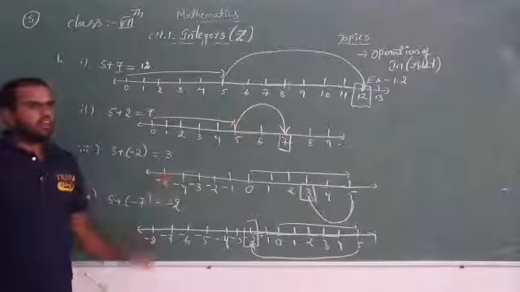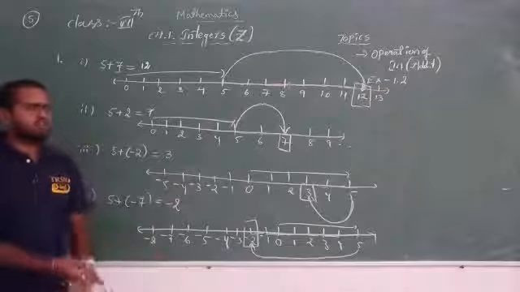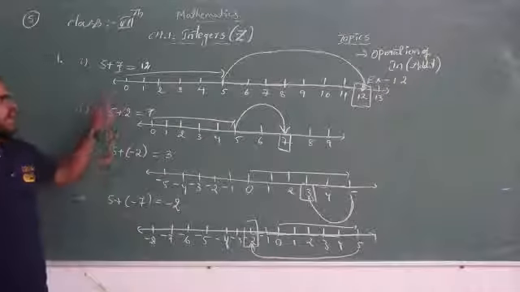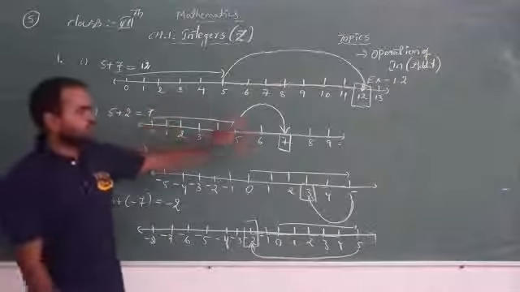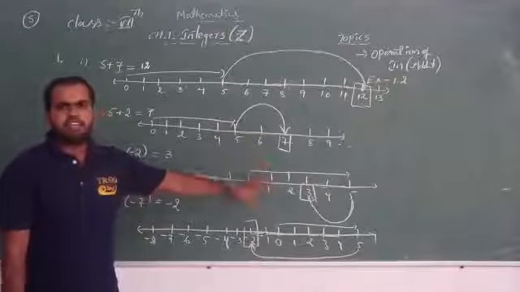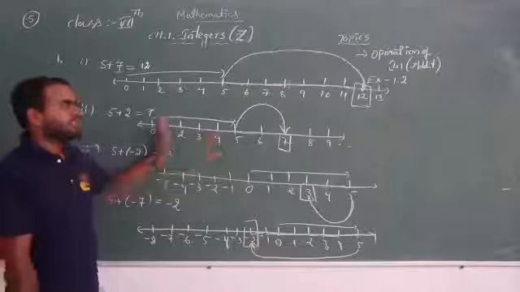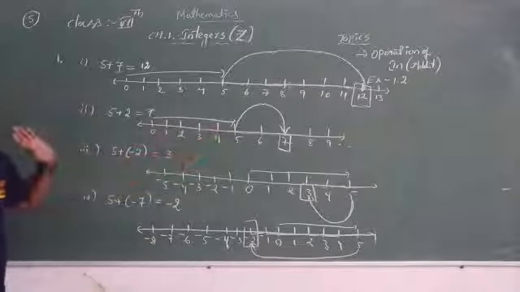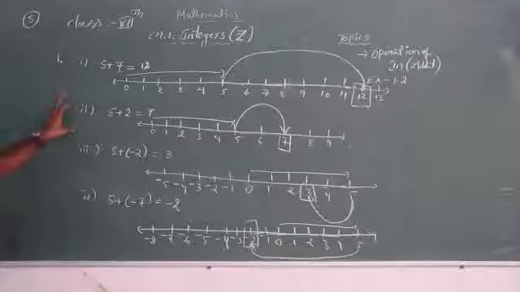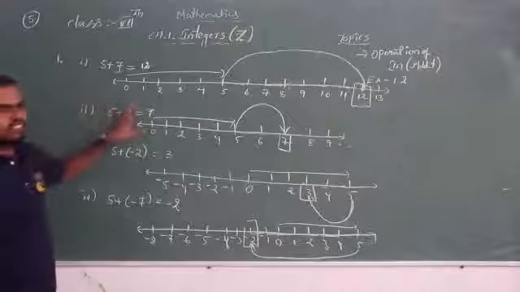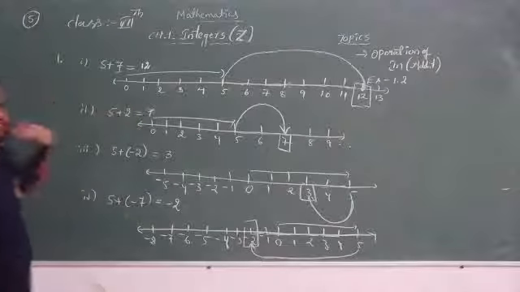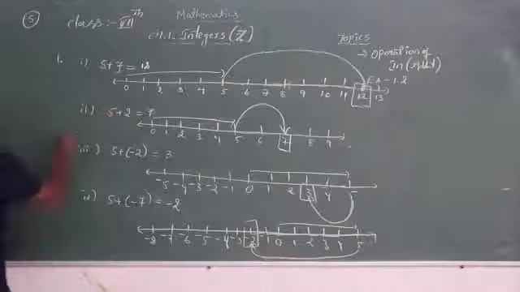It's very important. How to add the numbers? It's very simple, even on the number line. We just draw the number line and make the jumps, and however many places we have to move, that many places we move. Okay, so this is about addition of integers on the number line. That is the first bit from exercise 1.2.